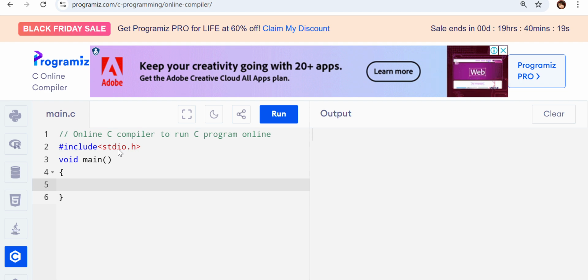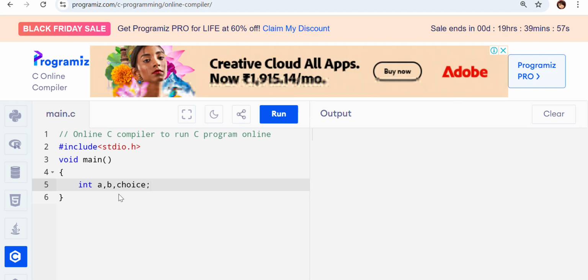I declare two variables a and b as integers, and I'm also going to have one more called choice, because the switch statement takes a decision based upon the choice value. The value will be compared with the cases, as we saw in the syntax part. We'll see how it works, and then I ask the user to enter